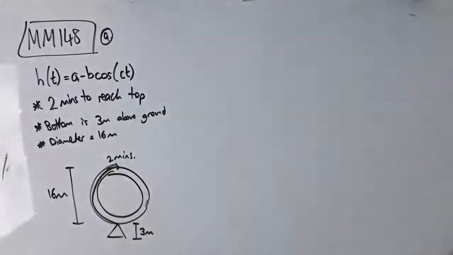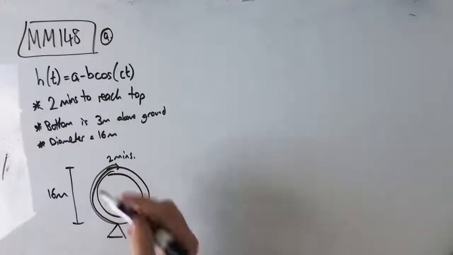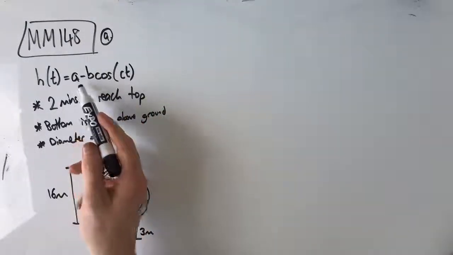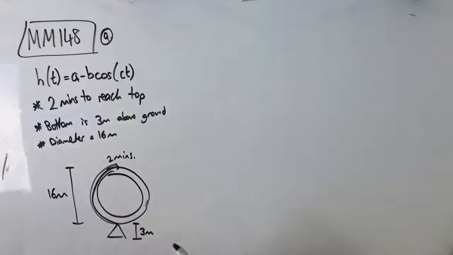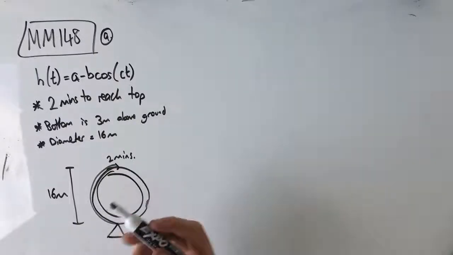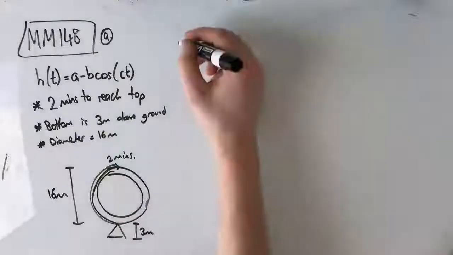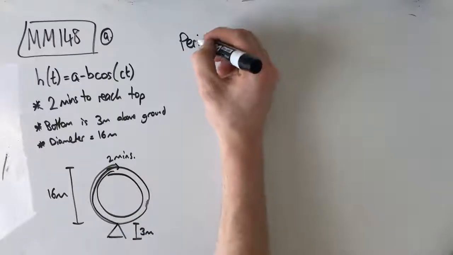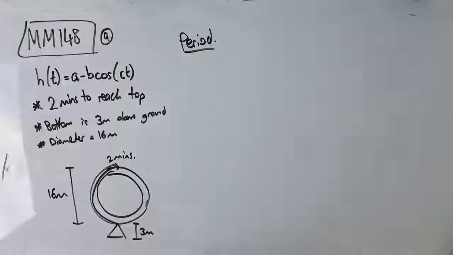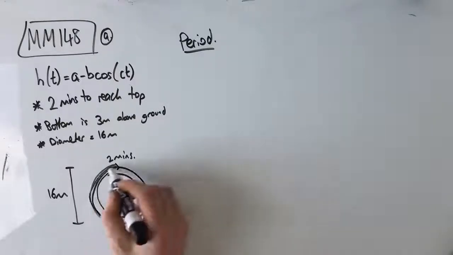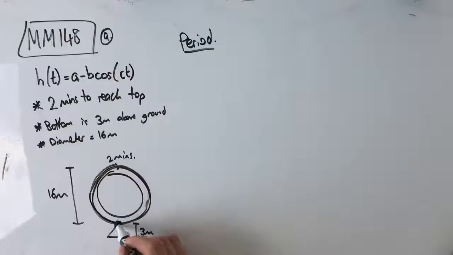So we're trying to find our values of A, B, and C where h of t equals A take B cos of ct. So let's just do this step by step. Let's go with the period first. Okay, so our period is equal to the time it takes to do one full cycle. So from here all the way to the top and all the way back is one cycle,